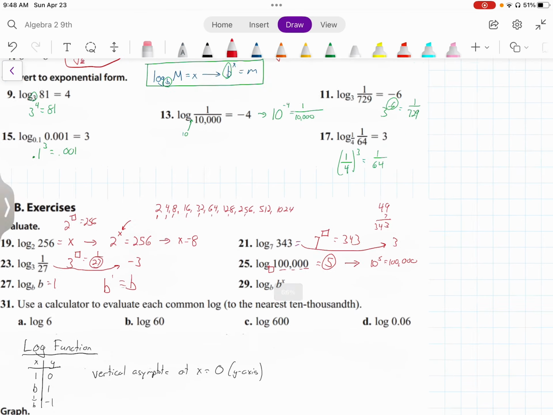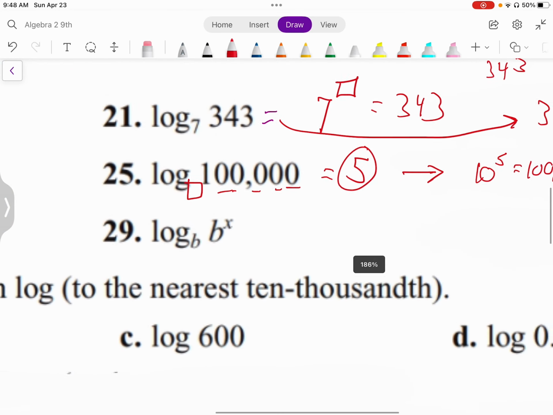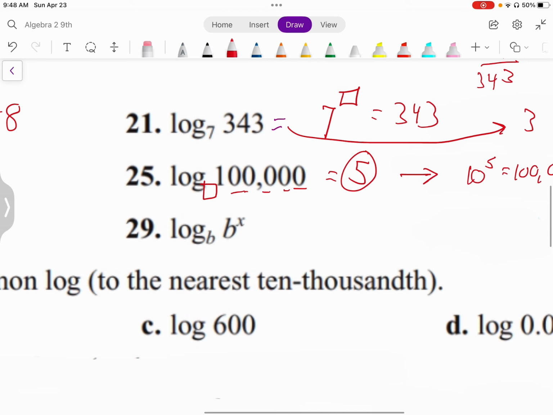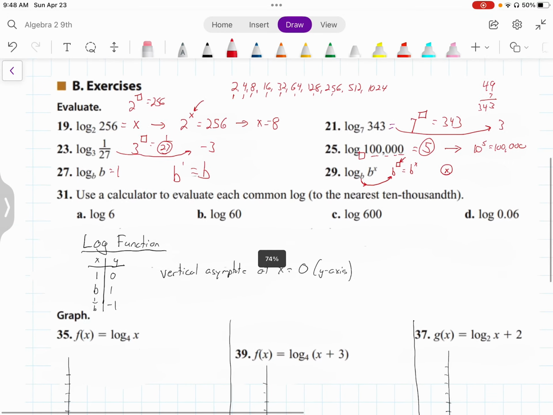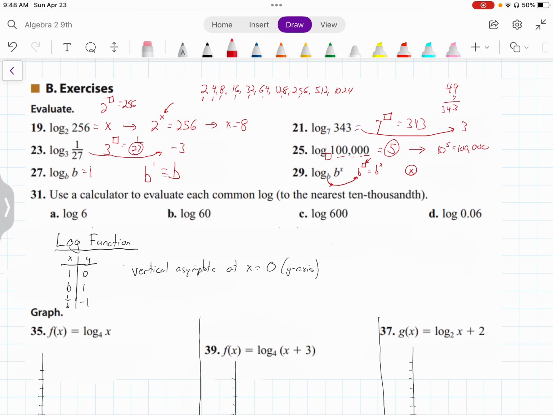And then number 29, in our mind, we're thinking b to what power gives me b to the x? Well, what goes in that square right there? An x. So this equals x is our answer. So that's just thinking in terms of logarithms. We kind of mentally convert into